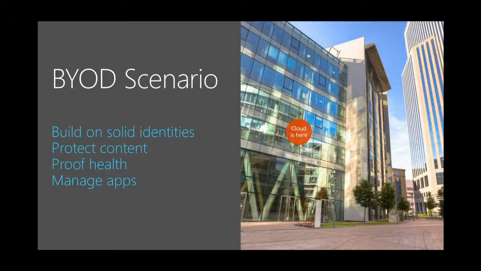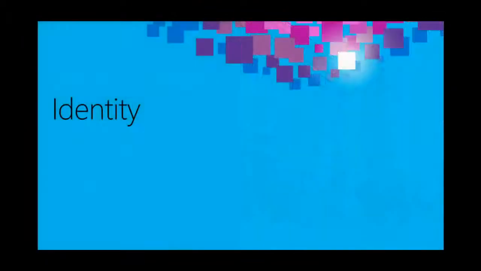Because once they bring them in and connect them to your corporate network, they're going to try to get stuff to go home with, so to speak, and not in a bad way. The intent of most people is to be more productive and be able to do things while they are using their personal mobile device. How do you prove that it's actually a trustworthy device and that you can have it connected and make sure that you can follow what's going on and manage all those apps that are on there, not just the apps from the person who the phone or the tablet belongs to, but also your apps that you may want to install on these devices?